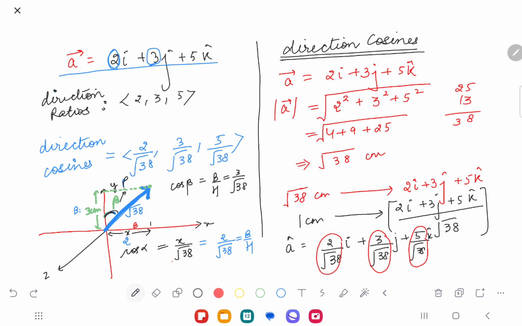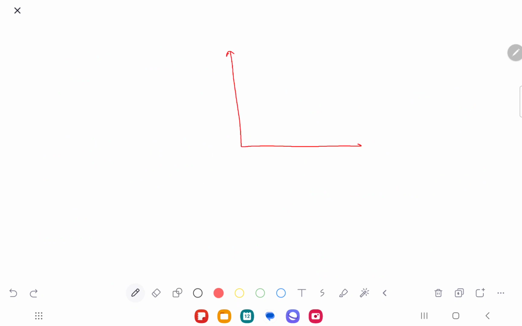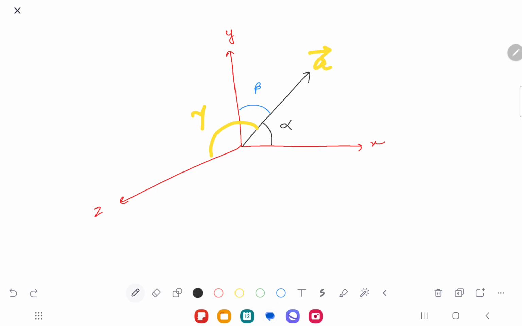Yes, ma'am. So that is why I can clearly conclude that if my vector, this is my x-axis, this is my y-axis, and this is my z-axis, and let's suppose this is my vector, and this vector is making an angle alpha with the x-axis, beta angle with the y-axis, and gamma angle with the z-axis, this is my vector A. So how do you think I'll be able to calculate this angle? So I will say cos alpha is nothing but, if A i cap plus B j cap plus C k cap is my vector R,